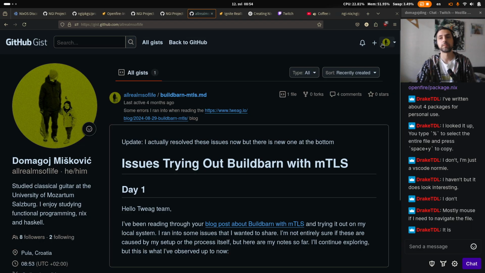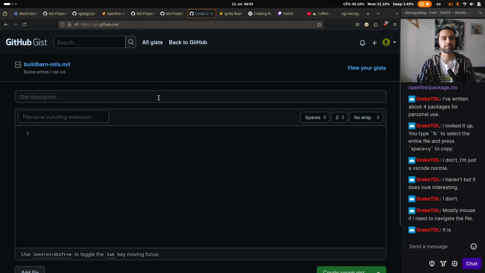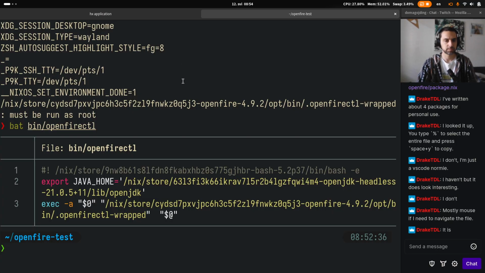File. Create a new gist. Summer of Nix 2025 application. DM. Okay, so